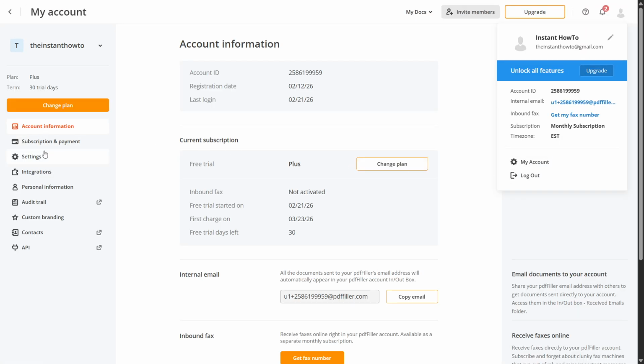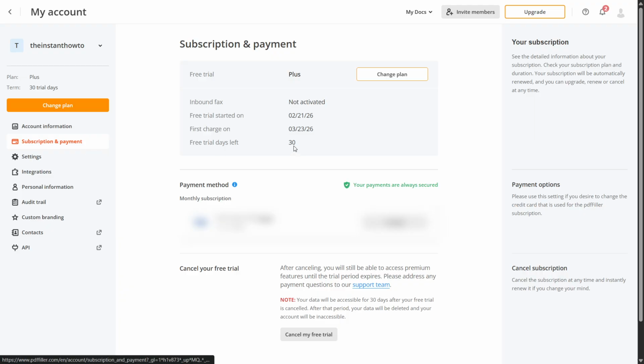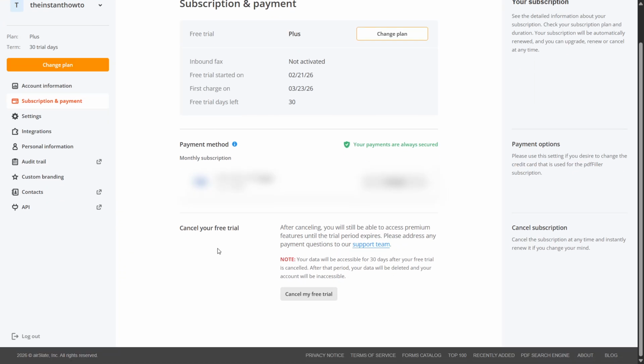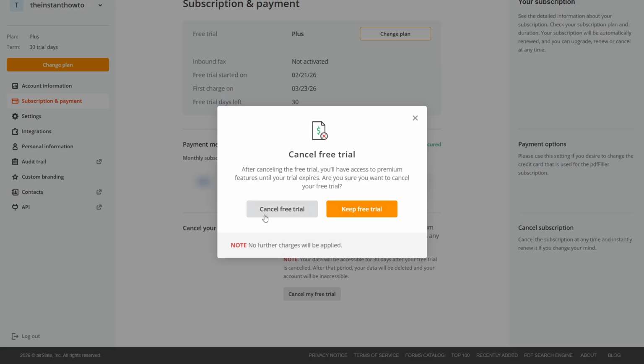Then you want to go to the left where it says Subscription and Payment, wait for a few seconds to load, and there we go. As you can see, there's going to be your plan, and for me, I currently am on a free trial of the Plus plan, so to actually cancel your free trial or cancel your subscription, whatever, down here at the bottom is going to say cancel your subscription, so click on cancel, and over here I'm going to click on